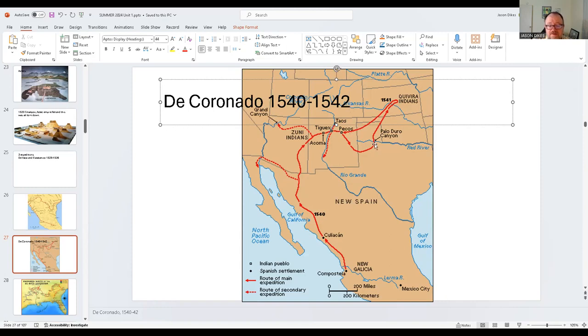Specifically, they said there was gold way out here. So he and his men found the Palo Duro Canyon, so the first Europeans, but then they wound up in Kansas, which I imagine the natives back here in New Mexico found hysterical. There is no gold in Kansas. They did find what they called shaggy cows, which of course are buffalo, but they did not find any gold. So you can see their return back here, and then eventually